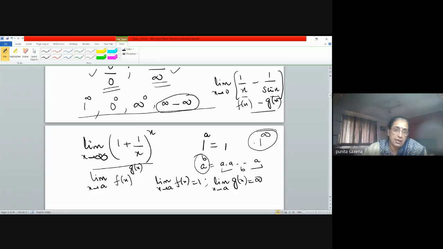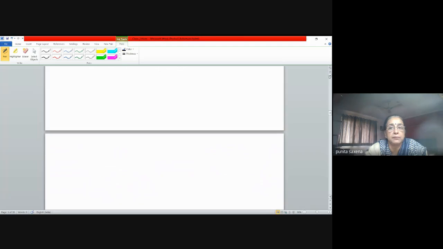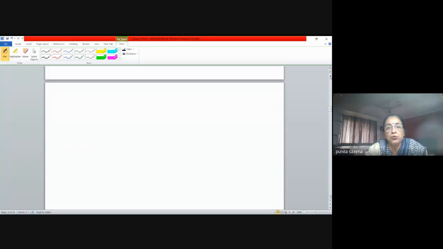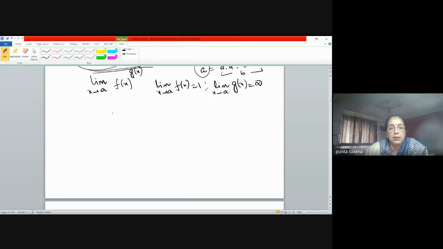Okay, like this, as Shabia said, limit x tending to infinity 1 plus 1 by x to the power x is actually e. This is a standard limit, which normally is to be learned by heart, because this limit is e and we use it many times. Okay, but the point is how to prove that this limit is e. Okay, so now how do we go about it? I'll talk of this type of function first. That means we'll talk of limit x tending to a f(x) to the power g(x). If we have to evaluate this form where it is either 1 to the power infinity or infinity to the power 0, and whenever you have exponents as functions. Okay, so for such cases, what we do